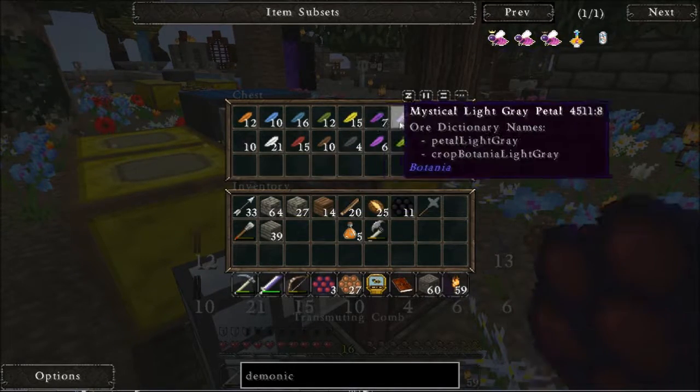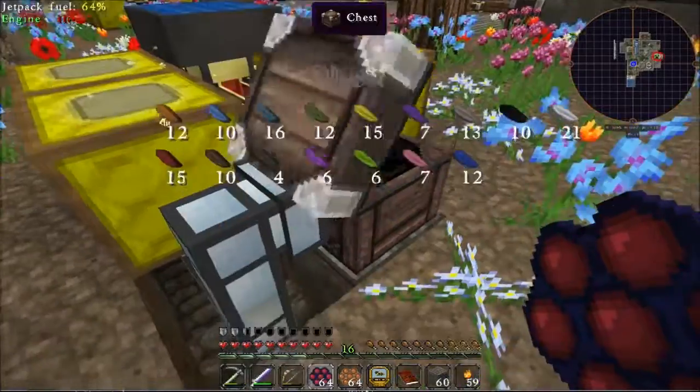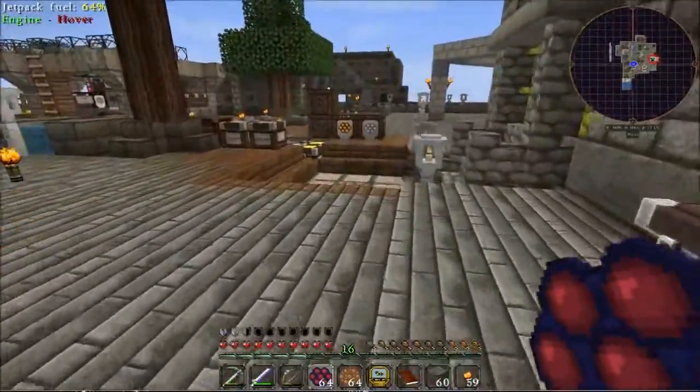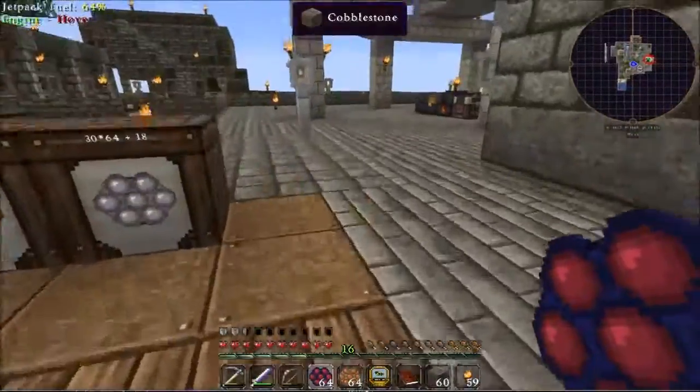Let's just get these, getting a bit full here. Let's make this another chest, shall we? I'll make another one in a second. Yeah, I need to have 16 of the basic colours to be able to progress the magic